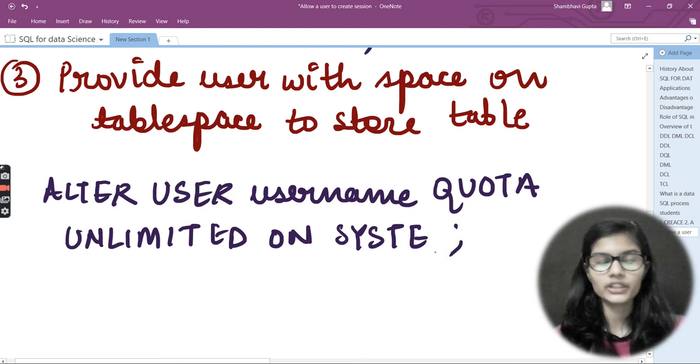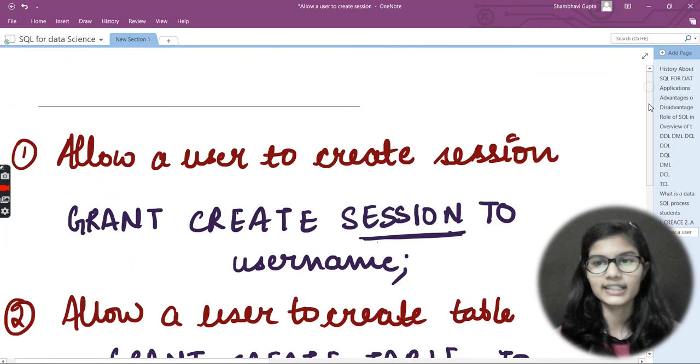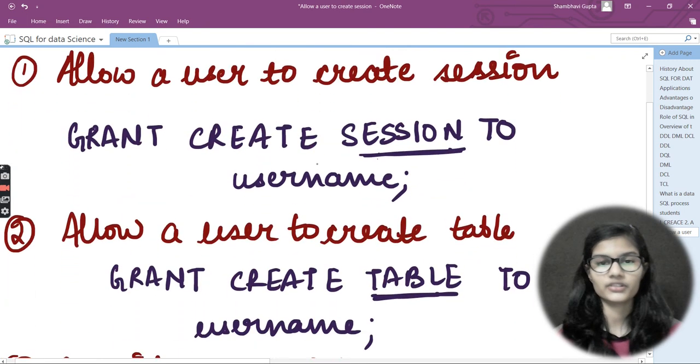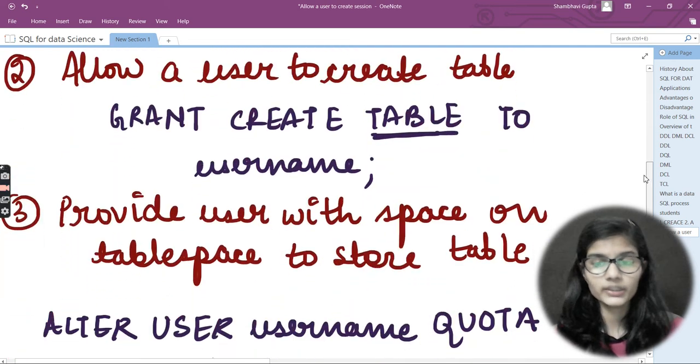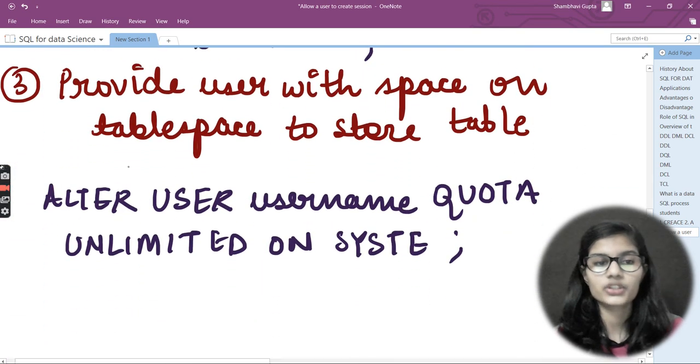Okay, so whatever username you had given above, in the above one we had already seen that you need to give some username. So whatever username you had given, you would just write alter user, and in between, that username would come, and here goes quota unlimited on system. Okay, that is system, like this.